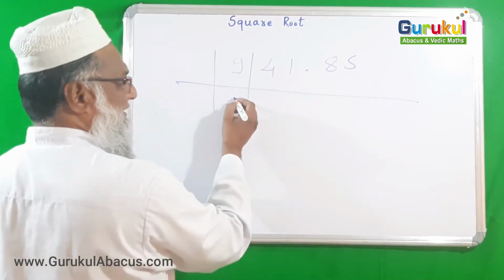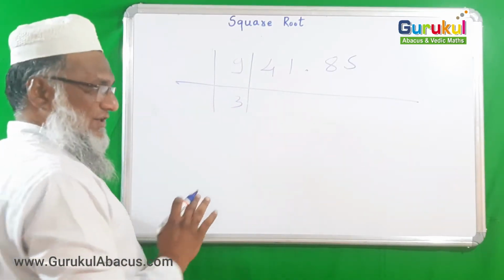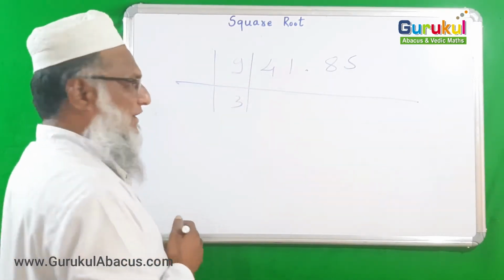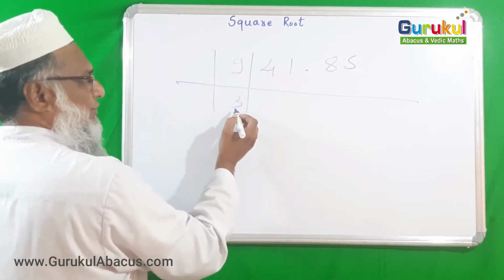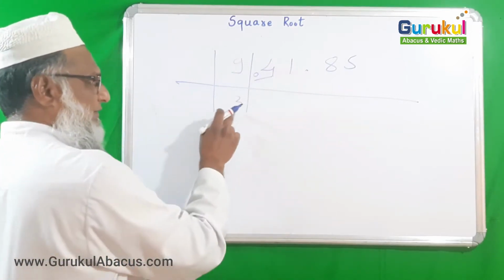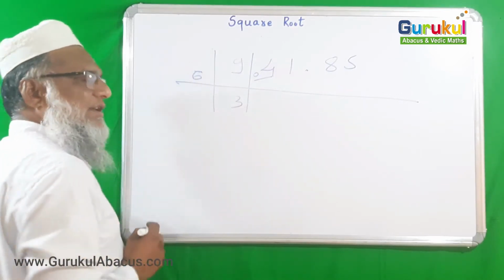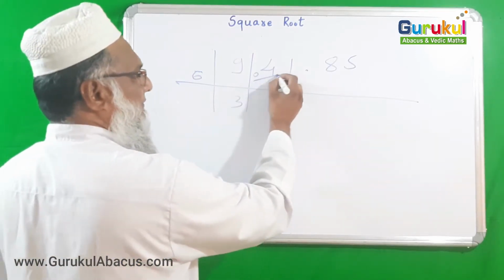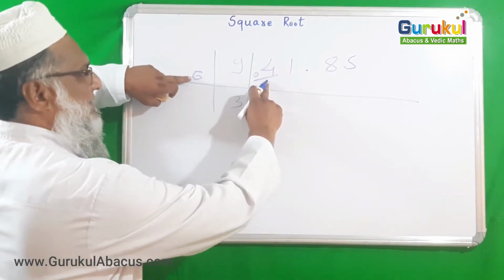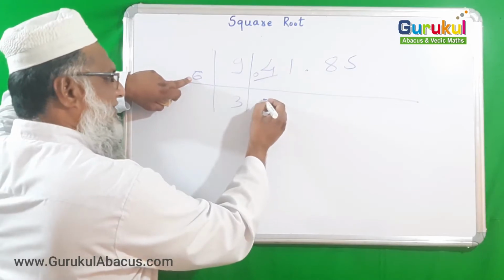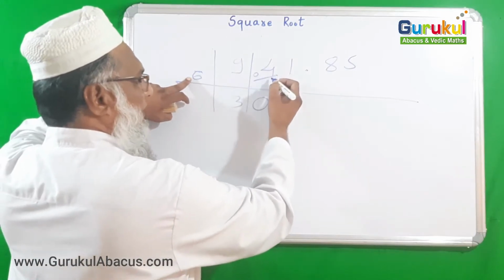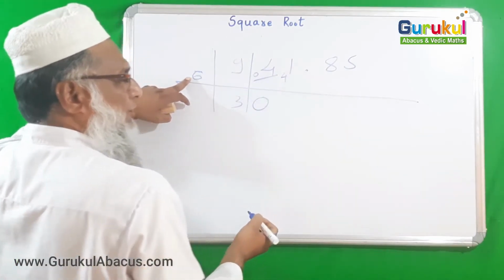3 3 is 9, exactly suitable here. So we can take it, just as I told you, it can be subtracted. 9 minus 9 is 0, that I am writing here. And double of 3 is 6, I am taking here for further execution. Here I have 0 4. Then 04 is smaller than 6, so I cannot say 6 ones either. So let it be. I am saying 6 zeros are 0, and then the remaining 4 I am adding here. And so here we have 41.